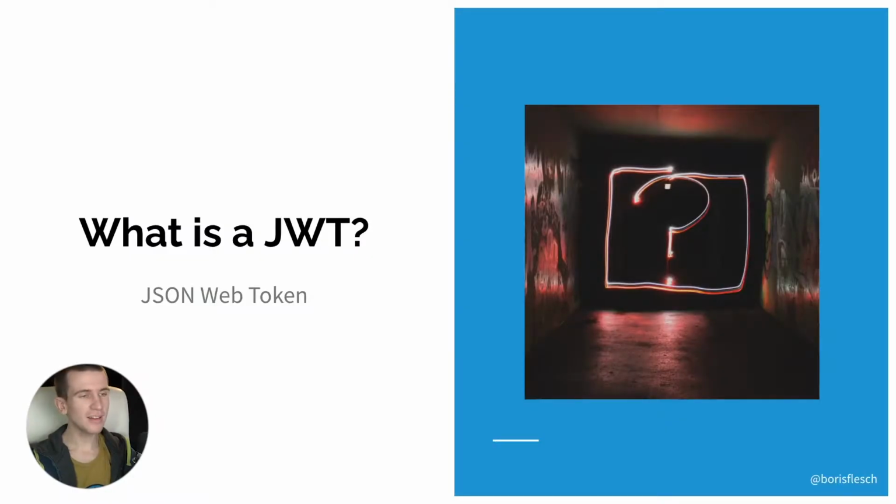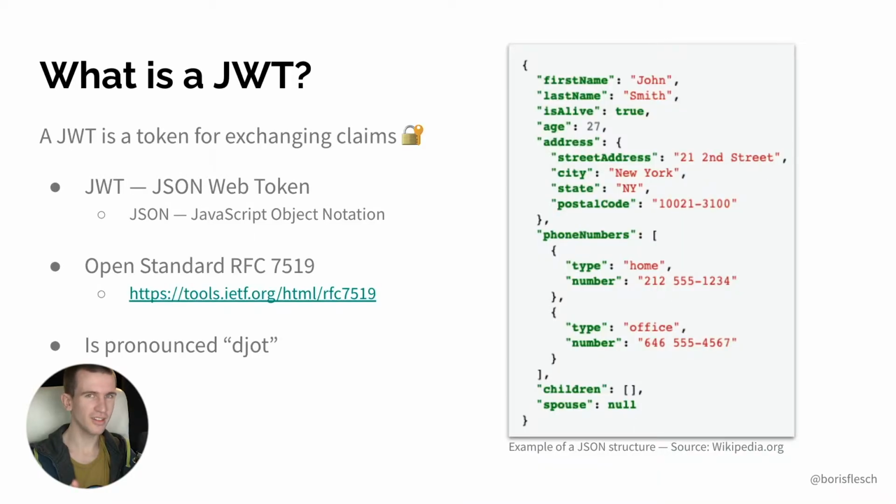So first of all, what is a JSON Web Token? You will hear me saying either JWT or JSON Web Token or JWT token. All these names are synonyms in this case, so these are just different pronunciations of the same thing. A JWT is basically a token for exchanging claims. That's the standard definition, and when speaking about JWT tokens, claims are basically information about users or any other subject,